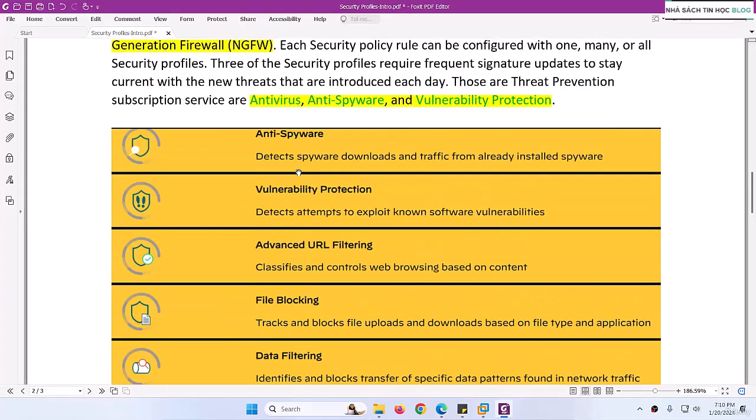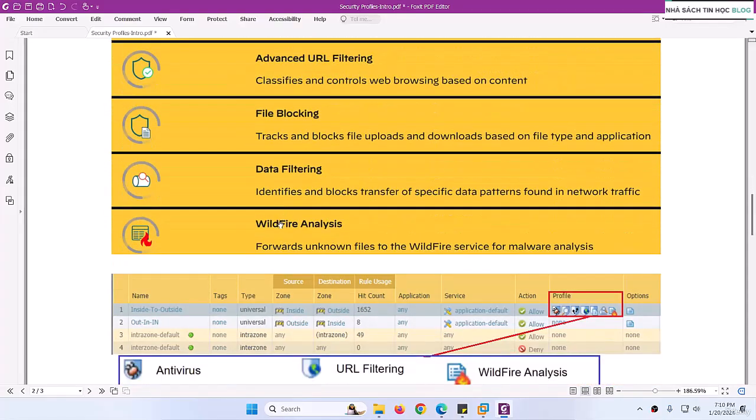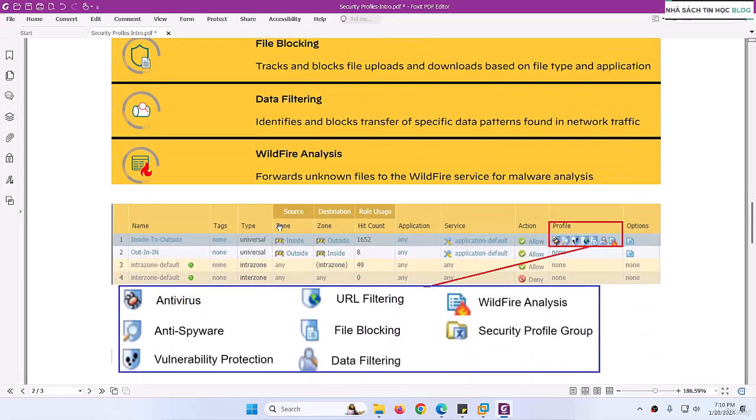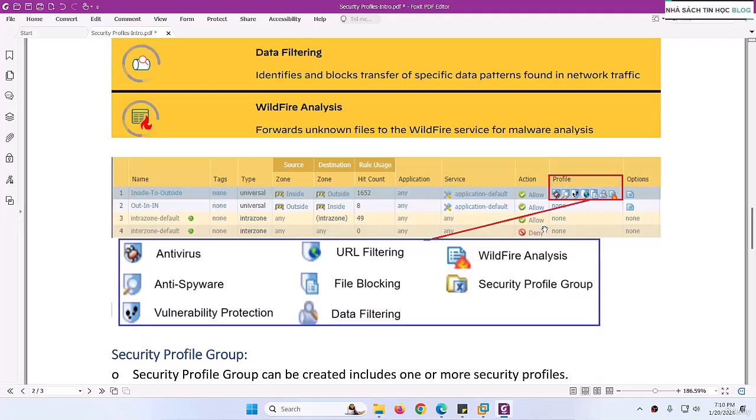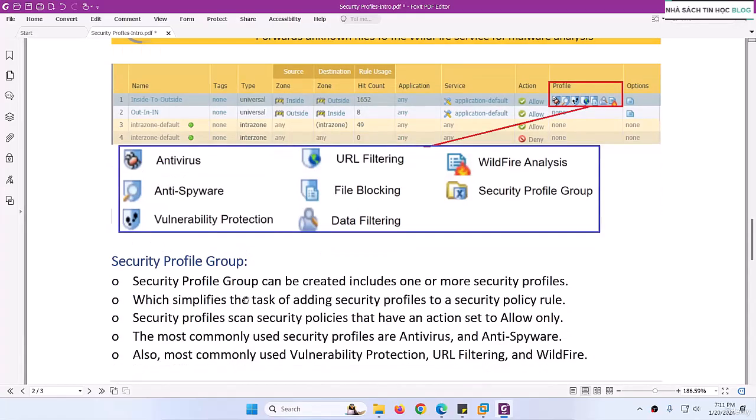So maybe a file is not matched by these signatures, and you find that this file is suspicious, then you can transfer that file to WildFire analysis for further investigation, for malware analysis. And when you attach them, I'll show you, it will show like this. So we have antivirus, anti-spyware, vulnerability, URL, file blocking, data filtering, WildFire, and finally we can attach a security profile